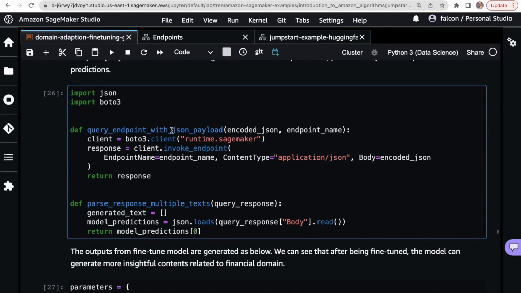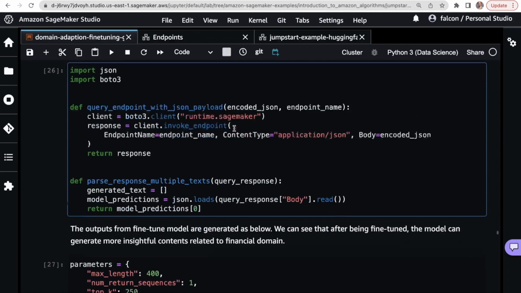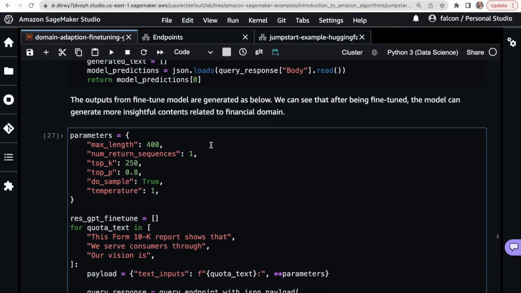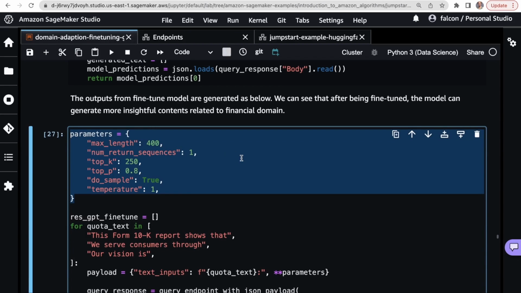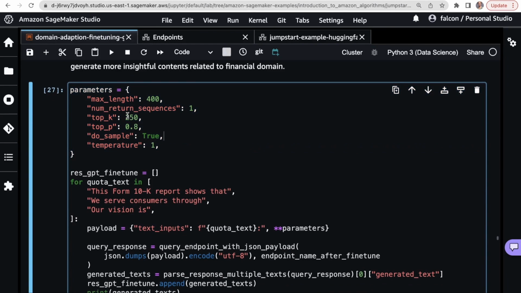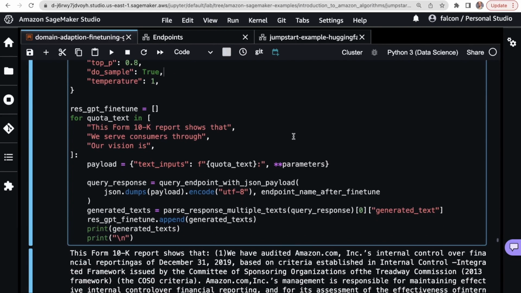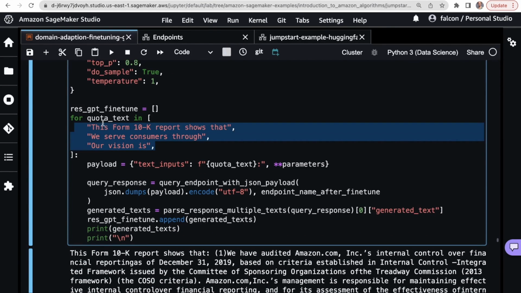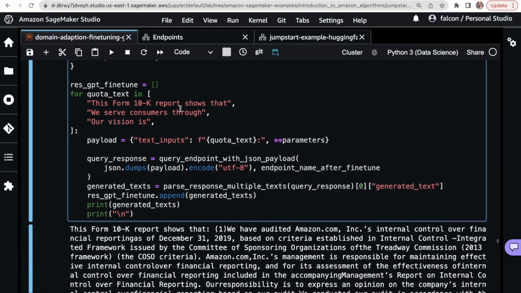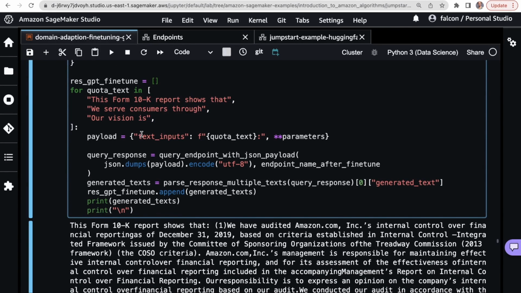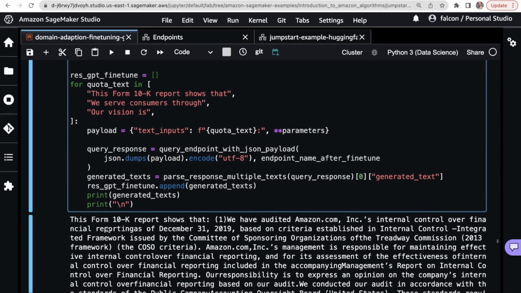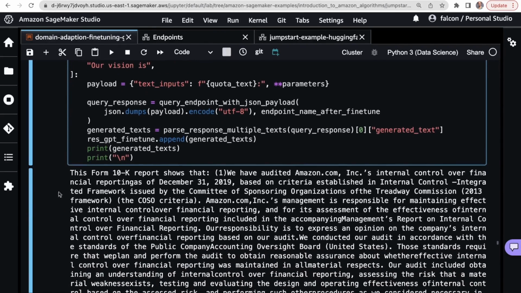We'll query the endpoint with the JSON payload and then parse the responses. So we have our same parameters, top K, top P, temperature, and the same prompts. So this Form 10-K report shows that we serve customers through, our vision is, etc. So we're going to send those prompts to the model, and then bam, check this thing out.